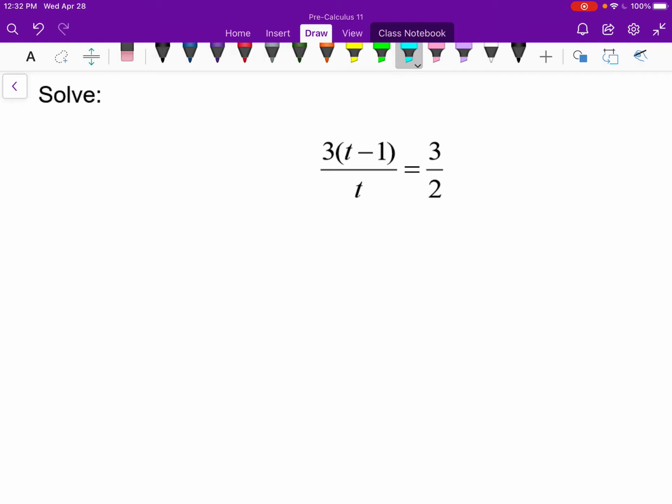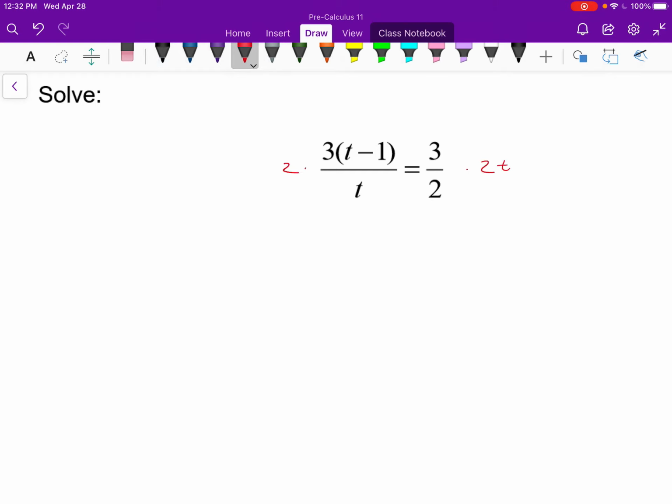And it'd be kind of nice if this denominator of t and this denominator of 2 were not there. Well, I can get rid of them really easily. I can come up with an equivalent equation by multiplying both sides by the lowest common denominator. Now, why is that? Well, first of all, remember, if you're solving an equation, the whole idea of solving an equation algebraically is to apply inverses to both sides. You add a number to both sides. You divide both sides by a number. In this case, if I multiply both sides by 2